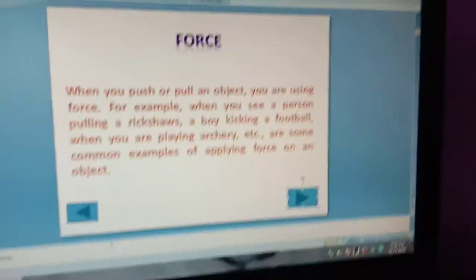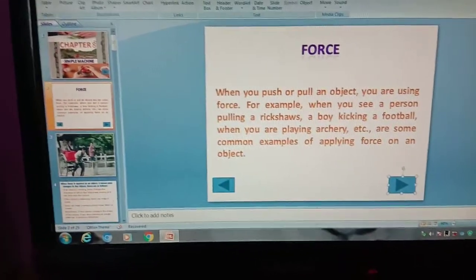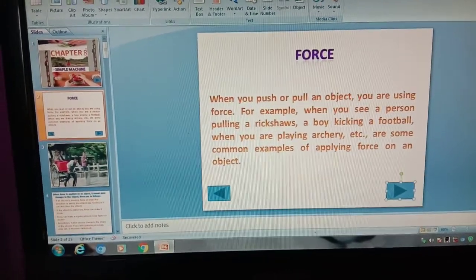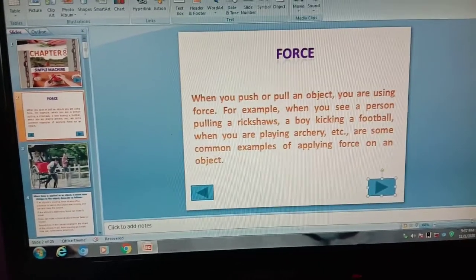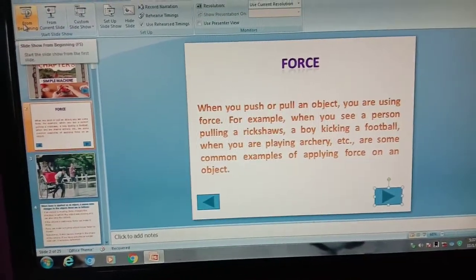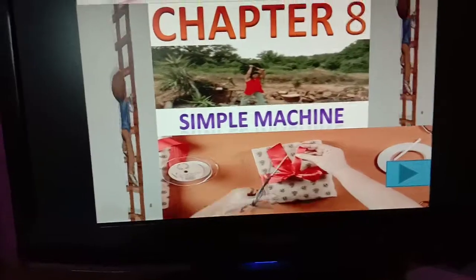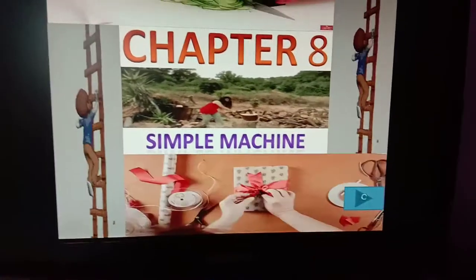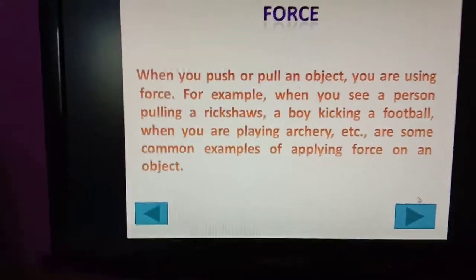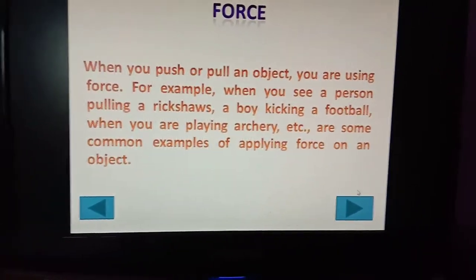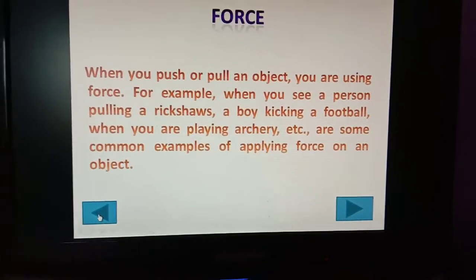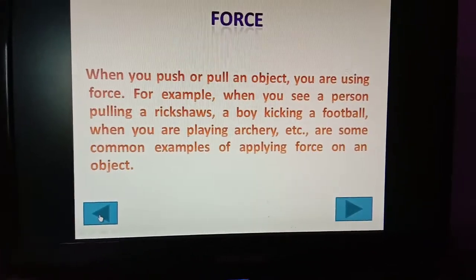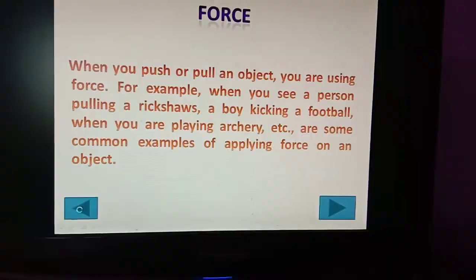Okay, so can you see these buttons, both of these buttons? Okay, so let's take a practical look at this. Let's check out, is it working or not? So let's play it in a slideshow from the beginning. Can you see this? Now if I click on this button, the next slide will come. So it's so good and so helpful for us. For going to the previous slide, I will click on this button. It's very easy. See this?